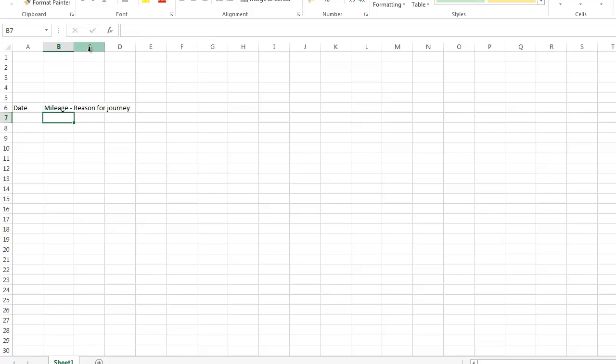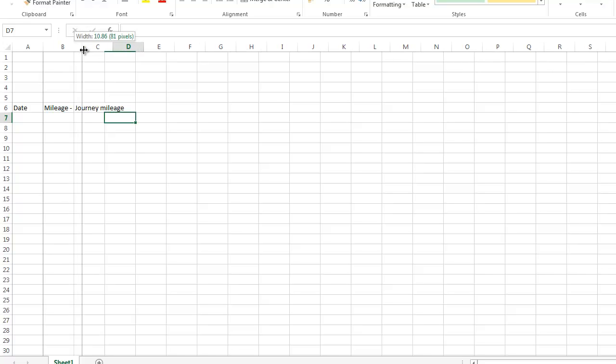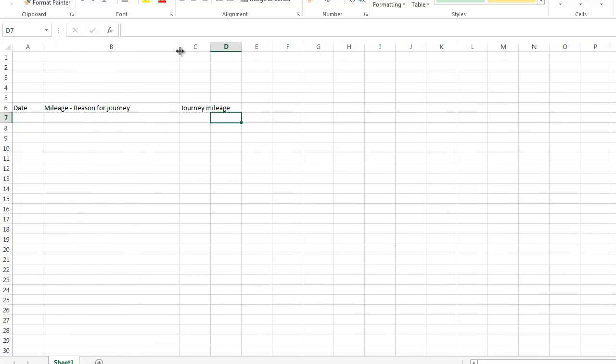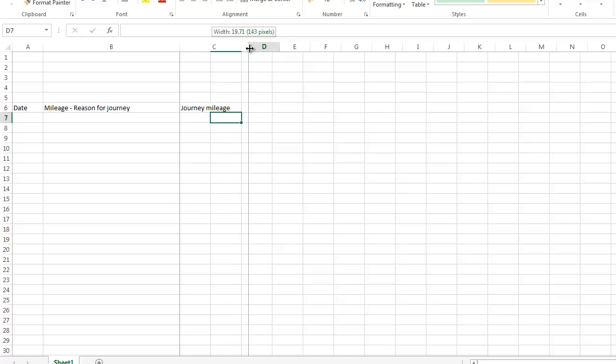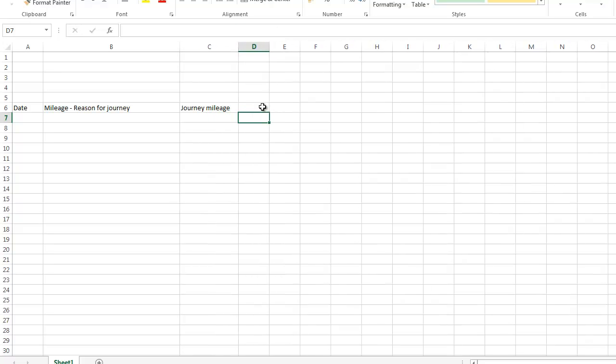followed by, now if I click on here and put in journey mileage, the problem is they're all overlapping. So if I take my mouse here up to the top, I can actually change the width very quickly. Okay, I'll change my journey mileage, and then finally I want the mileage rate,